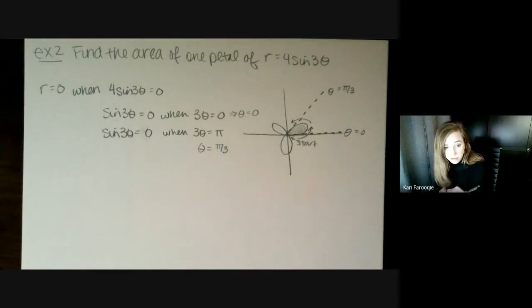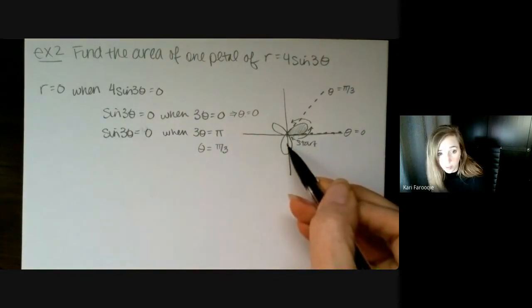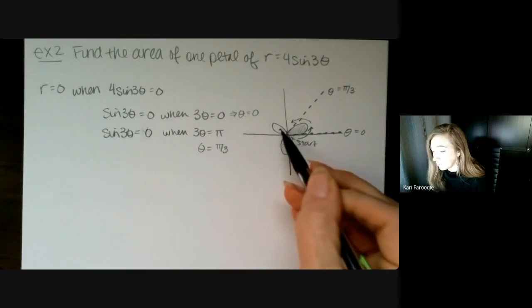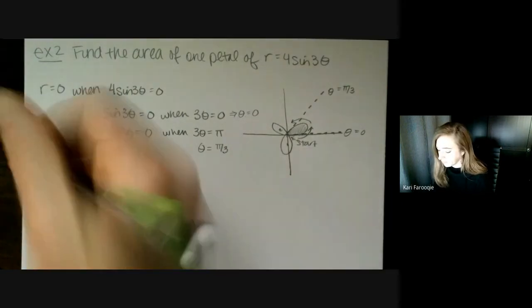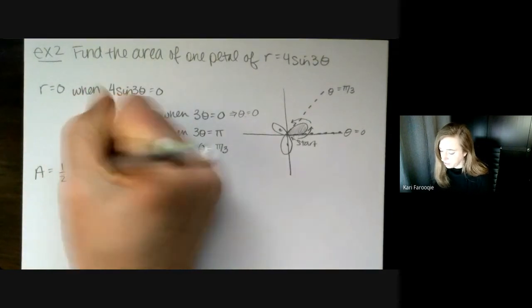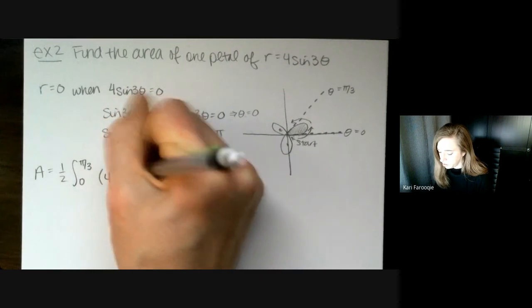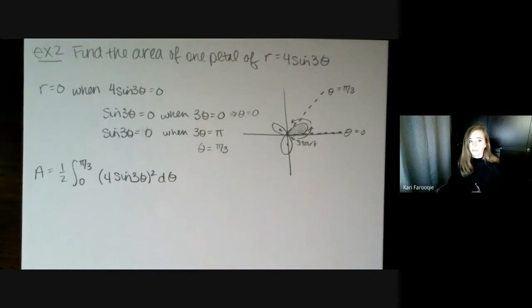That, like in the last situation, does not necessarily have to be the case for all of you. Some of you might start at pi over 3 and end at 2 pi over 3. If you start at pi over 3 and end at 2 pi over 3, you're going to get this petal. If you start at 2 pi over 3 and end at pi, you're going to get this petal. So it kind of depends on where you start with that. I'm going to put this together, and before we do the integral, I'm going to make sure to check to see if you guys have any questions on this setup.